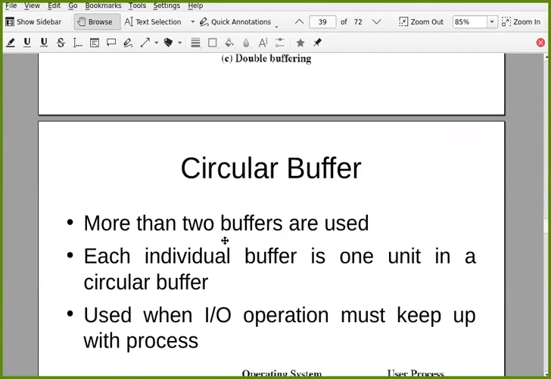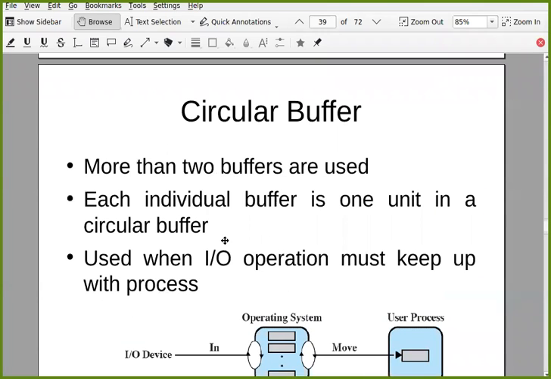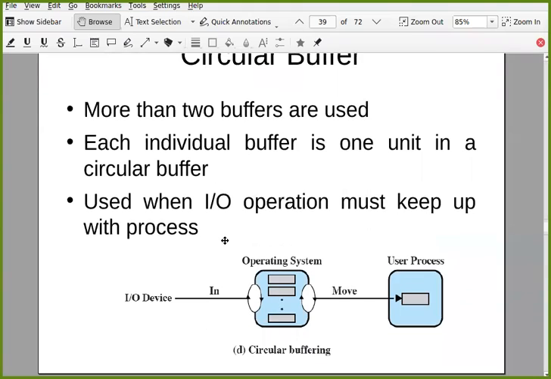Of course, the double buffer will give you better performance than a single buffer. And even if double buffers are not sufficient, you may have a stream of buffers. If you require more buffers, you can have an array of buffers, and it is in a circular fashion, like this.